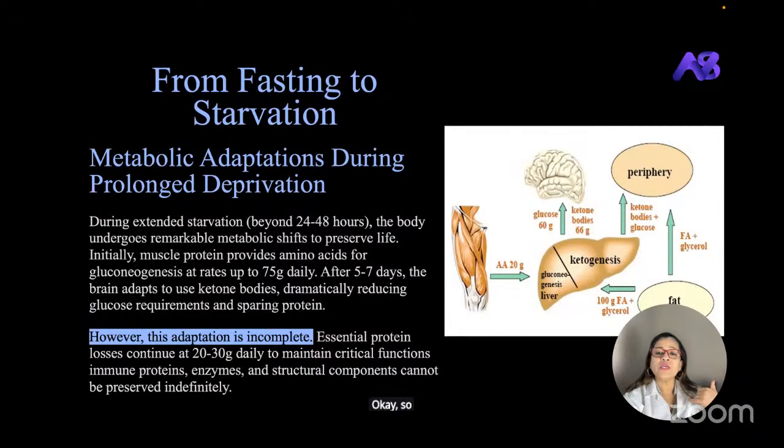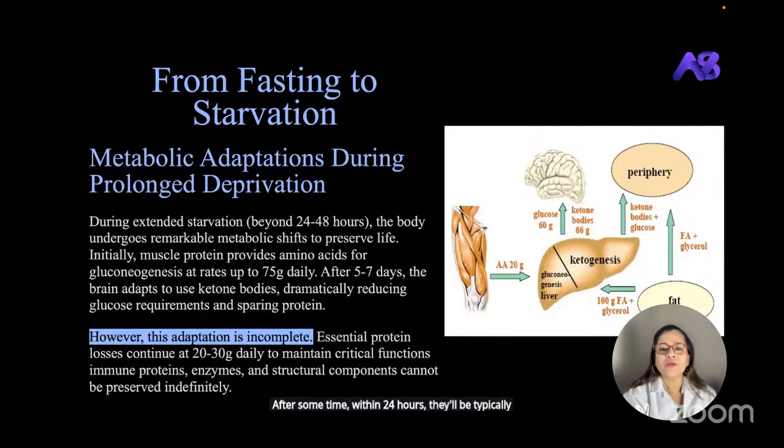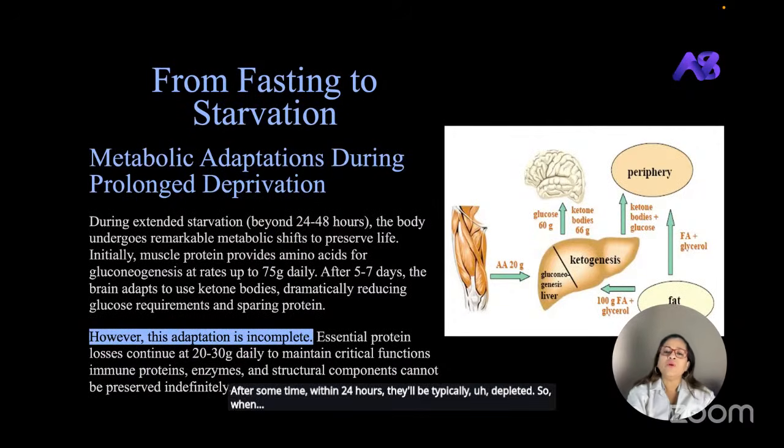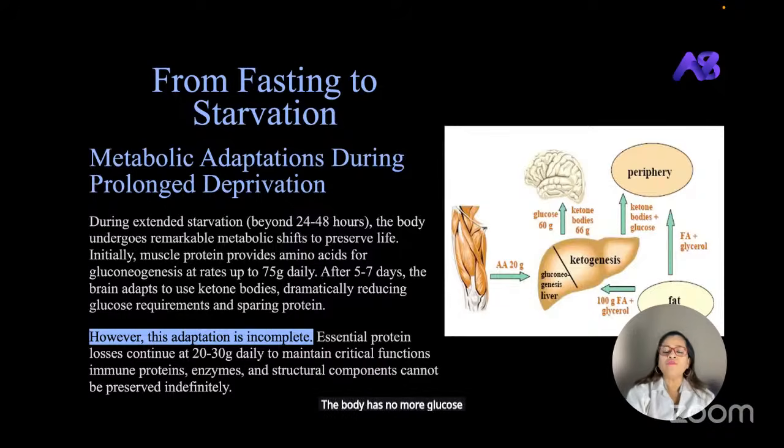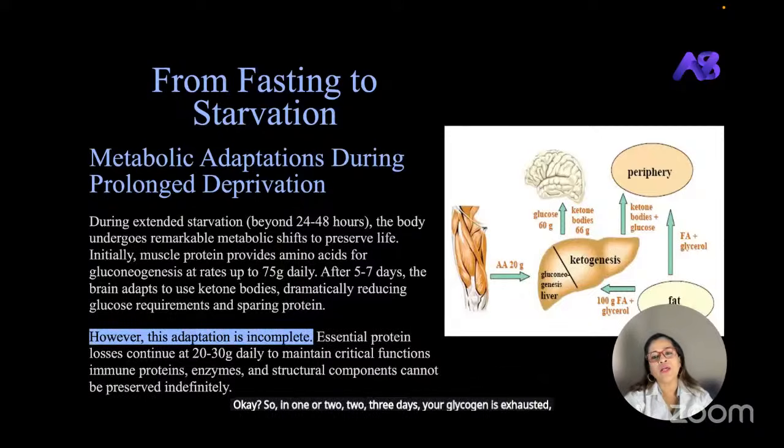Okay, so there is glycogenolysis because your brain, your blood cells, your renal medulla need glucose to survive. They need glucose, and liver glycogen stores are limited. After some time, within 24 hours, they'll typically be depleted. So when the body has no more glucose, where will it go to? Obviously free fatty acids. Okay, so in 1 or 2 to 3 days, your glycogen is exhausted, and your body